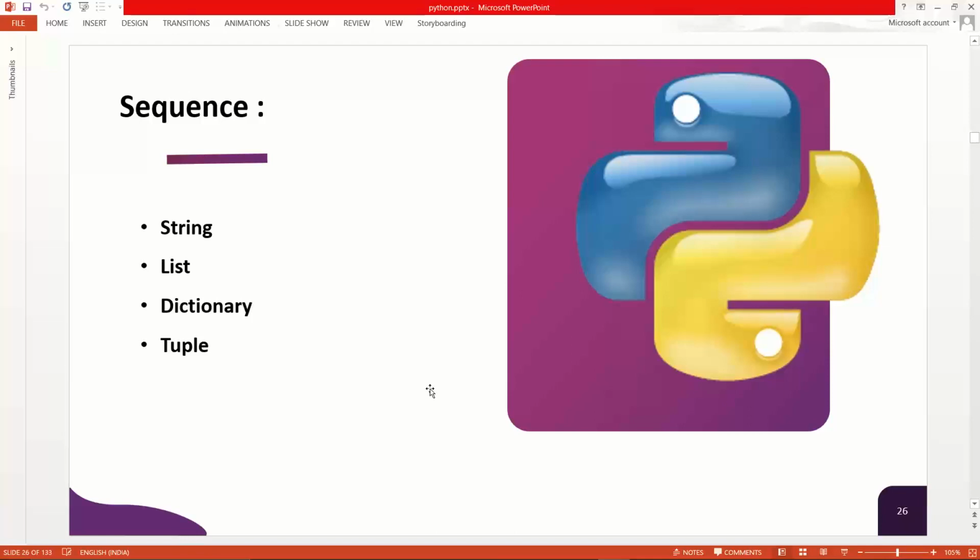Okay, so you might be thinking that if we cannot alter or modify it, then what is the requirement of tuple? Let me tell you. For example, you have very confidential data.